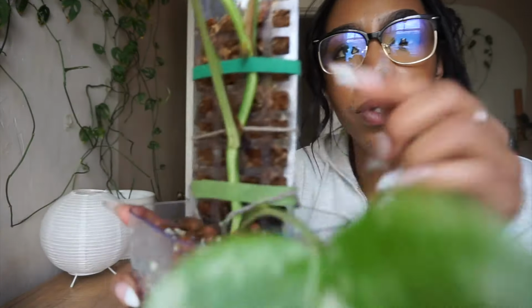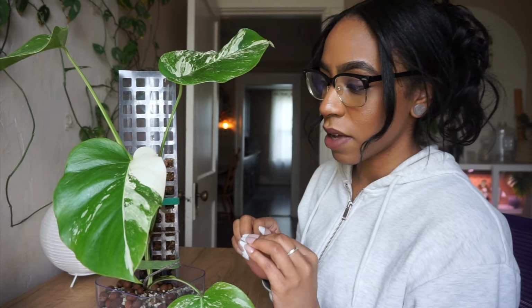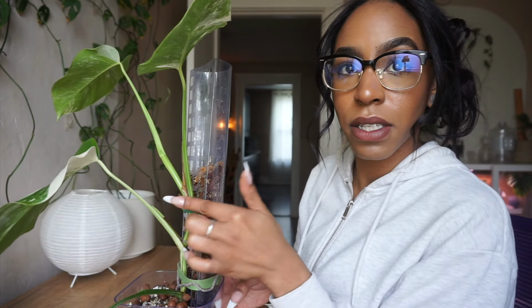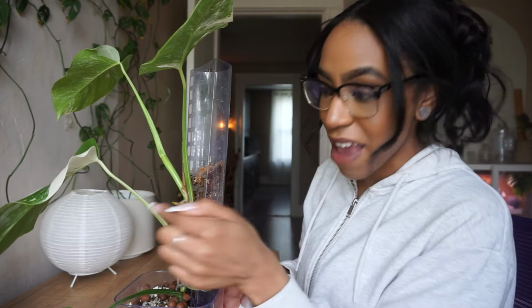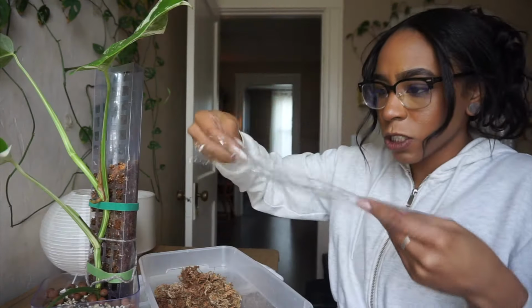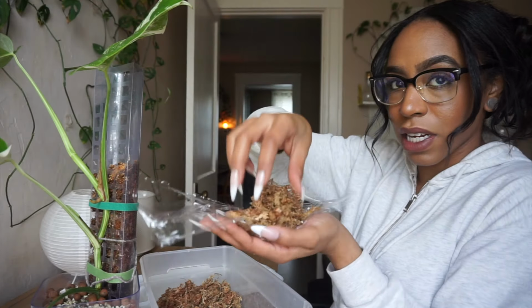And one of you guys commented and told me, for this root right here that's pointing the opposite side of the moss pole, to put some moss on it with saran wrap. So let's do that really quick because I need this to go in here. I need this to wrap his little neck around and make his way into the pole, or else. I'm just gonna fold it in half. I'm gonna take a hefty amount and I'm gonna make sure,